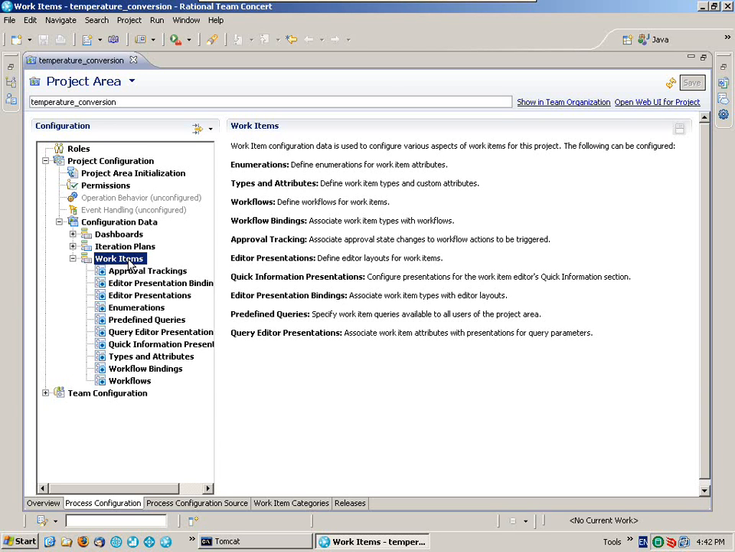In this demonstration, we're going to create a new work item type for the temperature conversion project called a risk. These work items will be used to identify potential risks in the successful and timely completion of the project. The risks can be assigned to team members for analysis and creation of mitigation plans so the project can continue